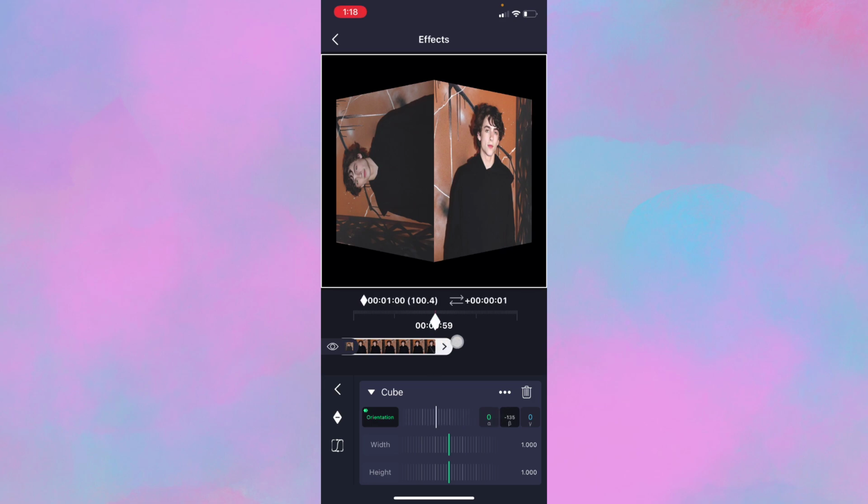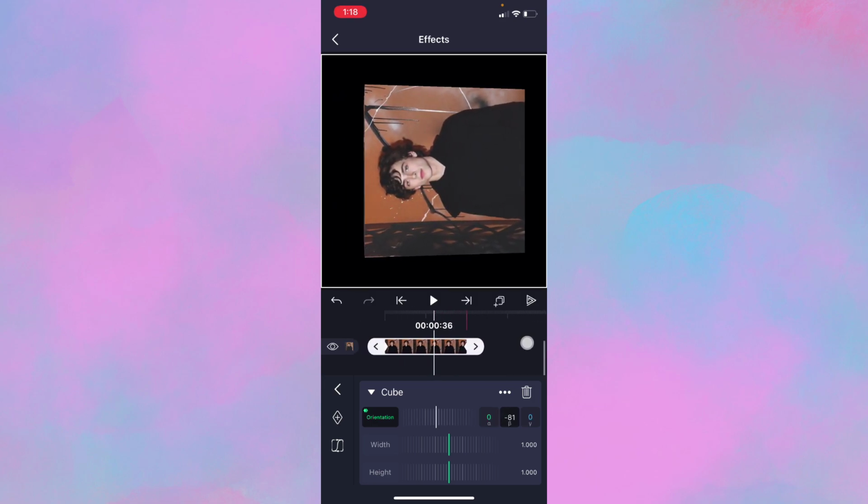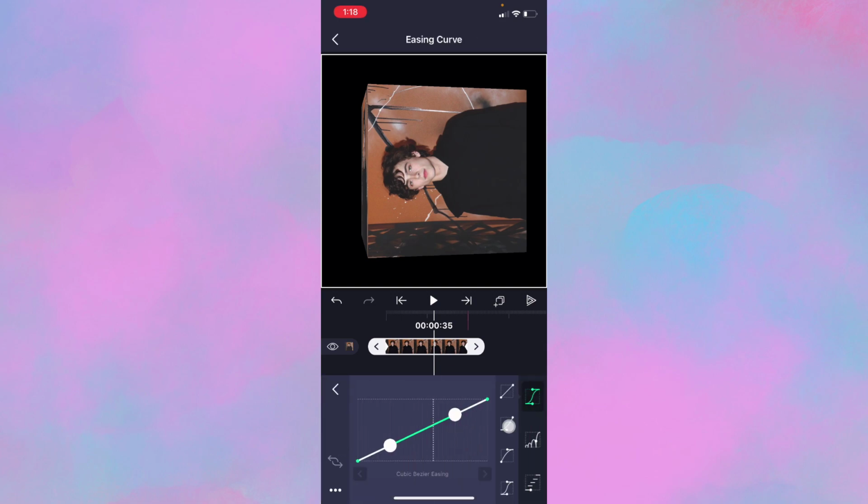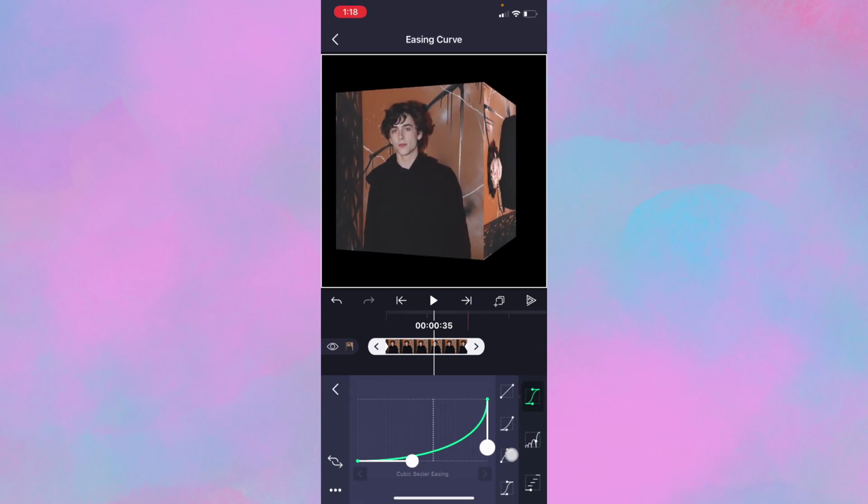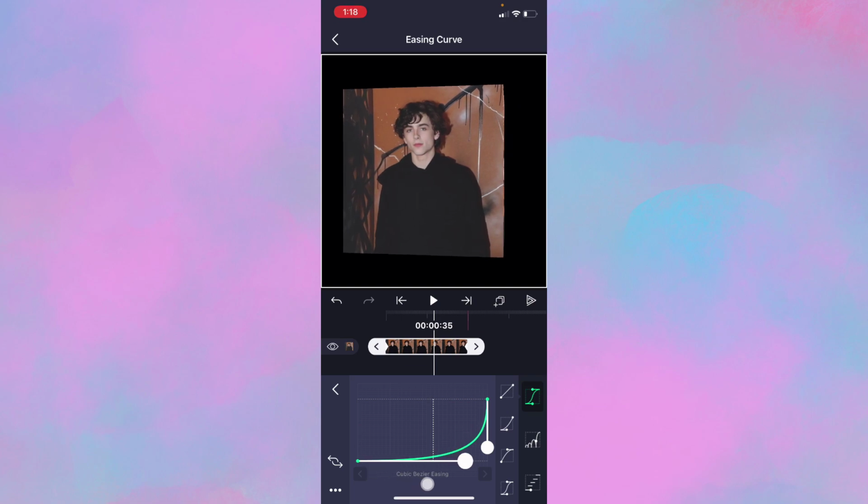Okay, so now what you want to do is go in between the keyframes for the graph, tap on this, and then take this right here, drag this down to here, and then drag this down to here. I got these from